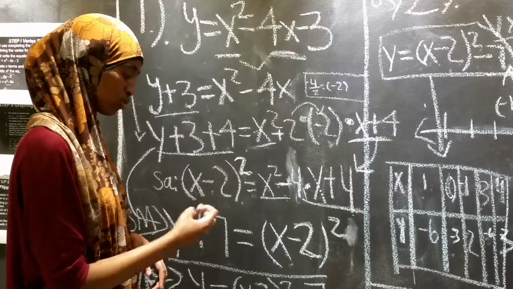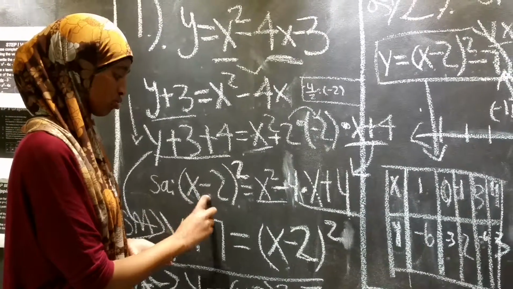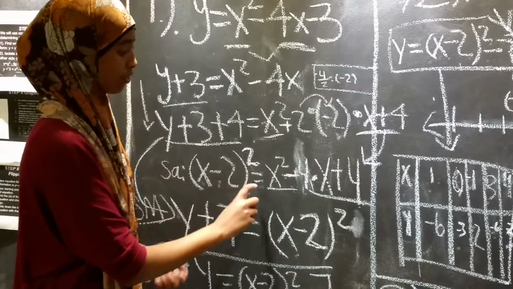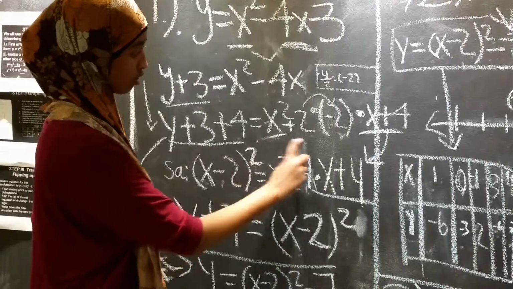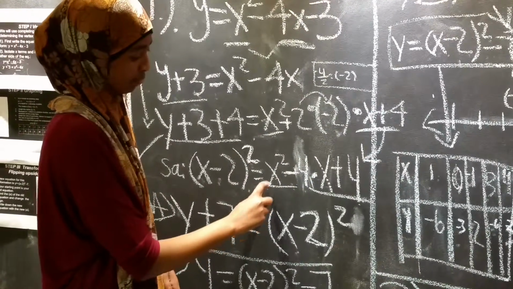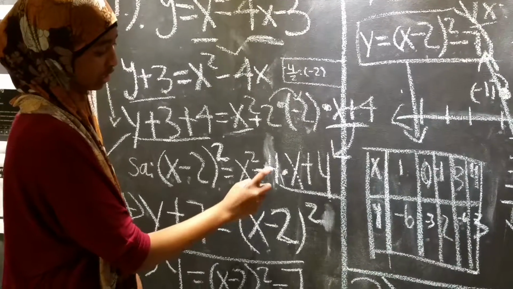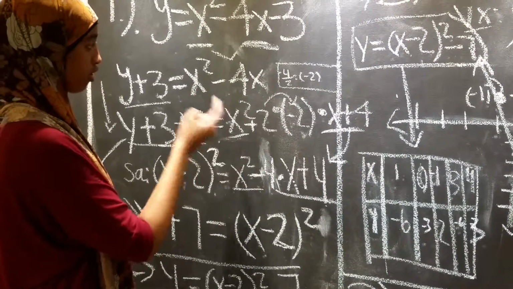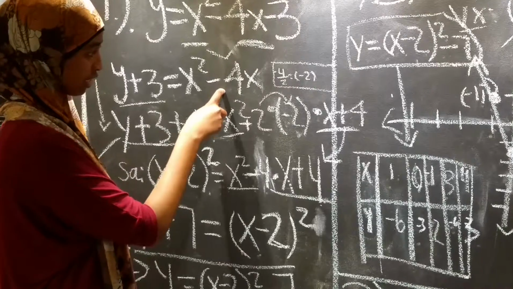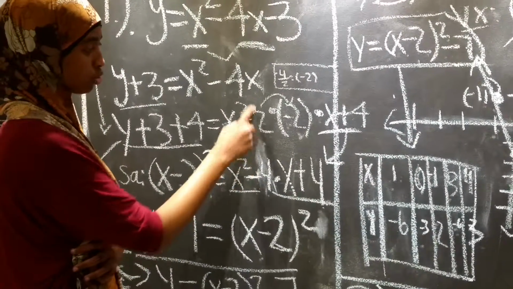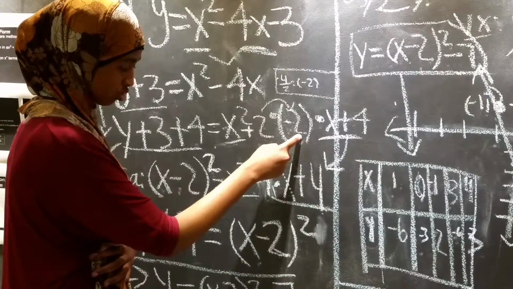We bring the rest down. In order to get the negative 4 in our previous, which is negative 4x, you do 2 times negative 2. That gives you